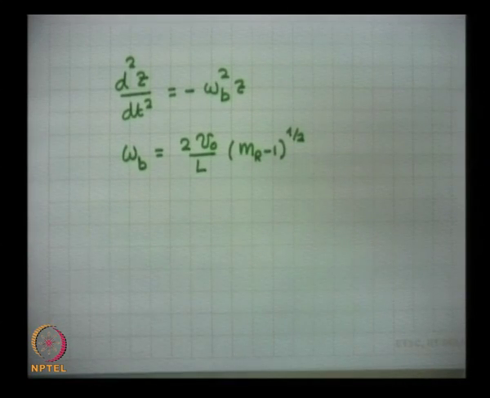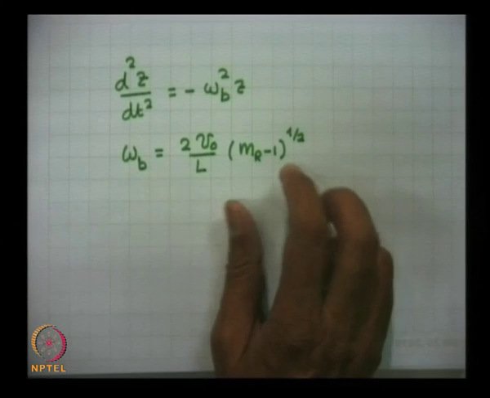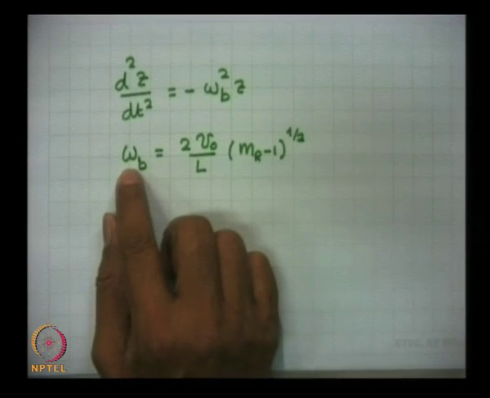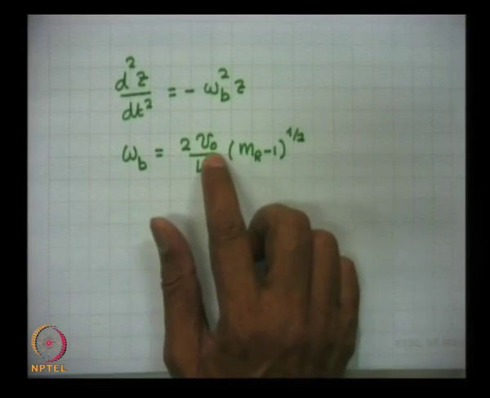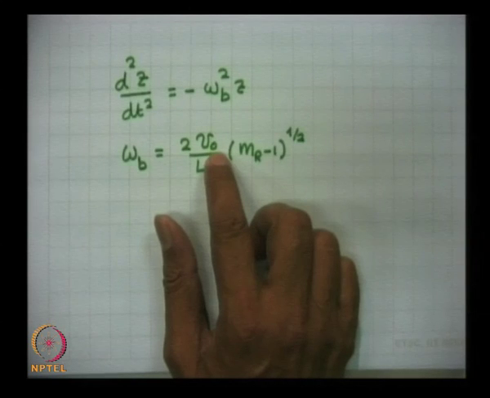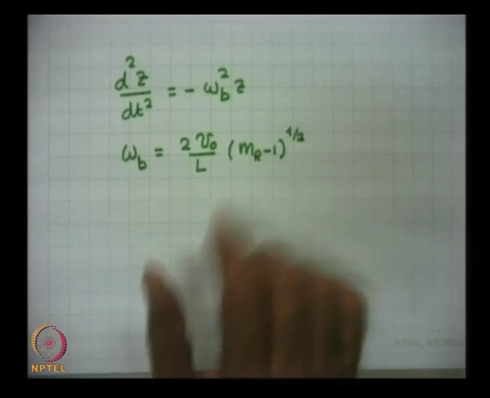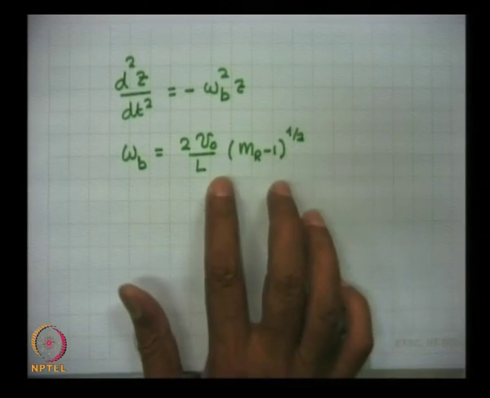This is quite interesting. The bounce frequency for ions will be small because V0 is small. For electrons it will be large, and this gives rise to